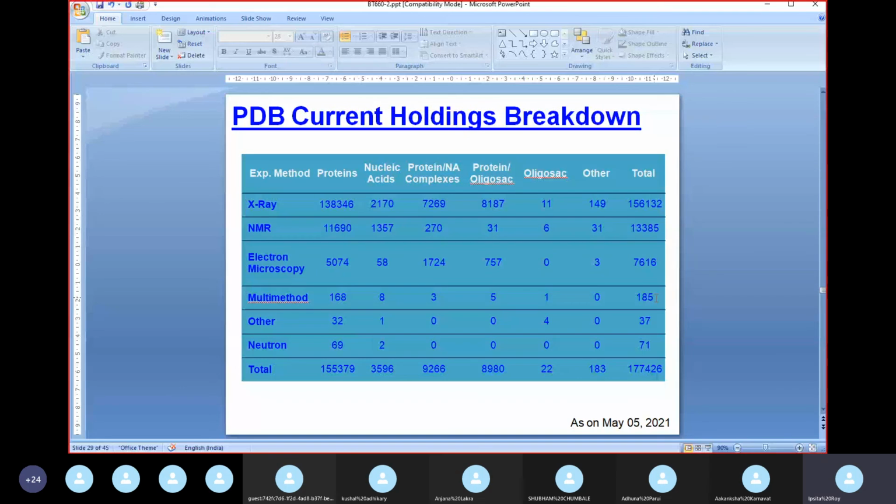Okay, so this is what the PDB database looks like currently. There are different tools by which you can determine structures. X-ray is still the most commonly used. With proteins, NMR is not that easy to use. Electron microscopy, cryo-electron microscopy in particular, has come up in a very big way in the last few years to determine protein structures. And then there are mixtures of techniques with which you can determine the structure of a protein, or of proteins in complex with other entities.